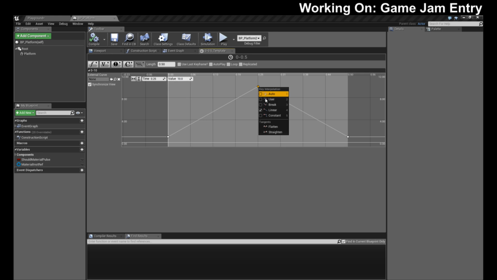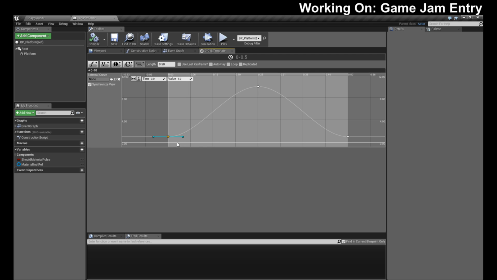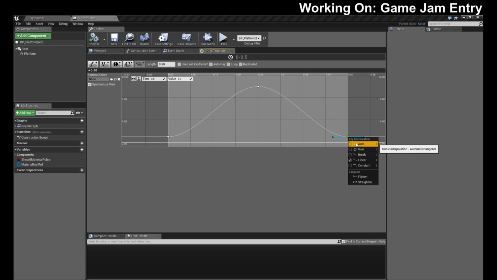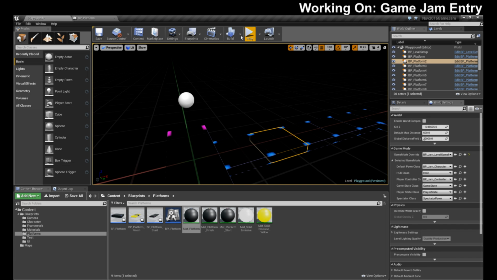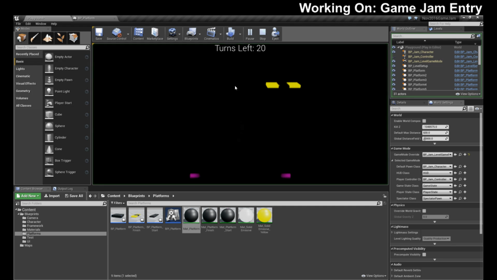And then we're going to auto, and then auto, and then auto. There we go. Now we should have a nice little smooth pulse when we mouse over. There we go. That works. You can easily tell when you're mousing over something now.